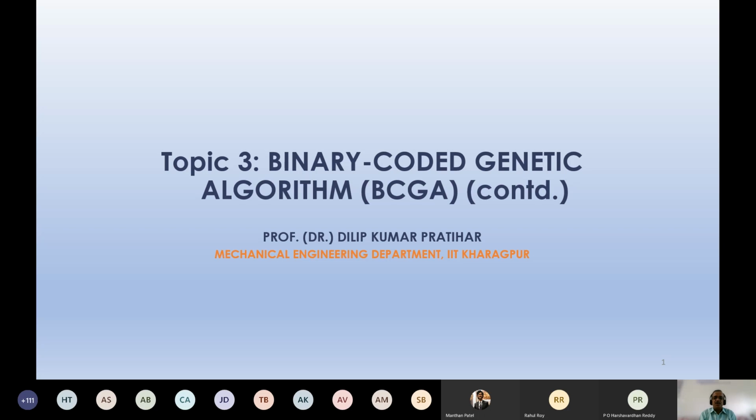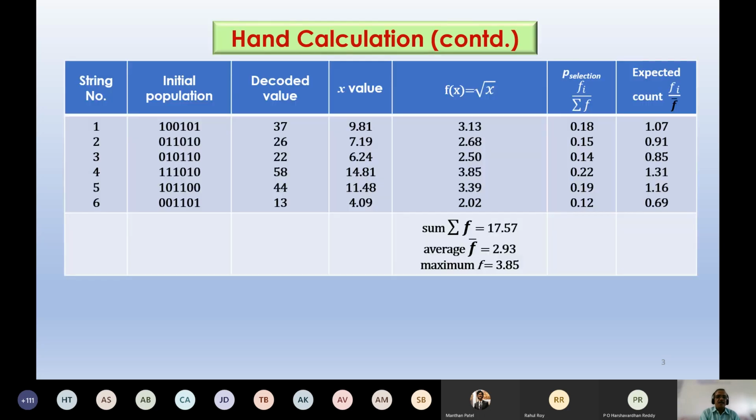Okay. Now I'll show you how a binary coded genetic algorithm starts with the initial population selected at random and gradually moves towards the globally maximum solution, that is nothing but 4.0. All of you listen to me very carefully, and I hope it will be made 100% clear to all of you. So I know the solution. Let us see how a binary coded GA moves towards the globally optimal solution.